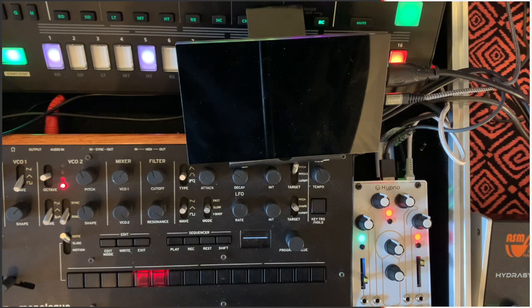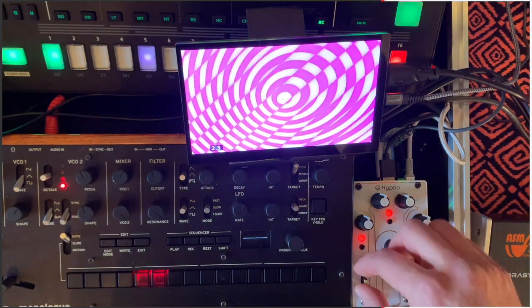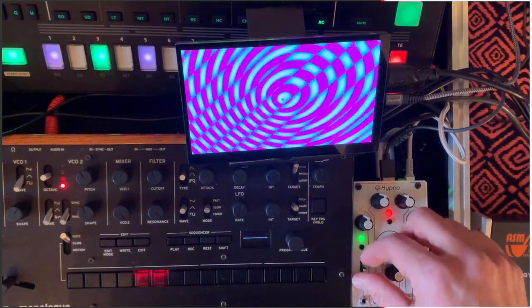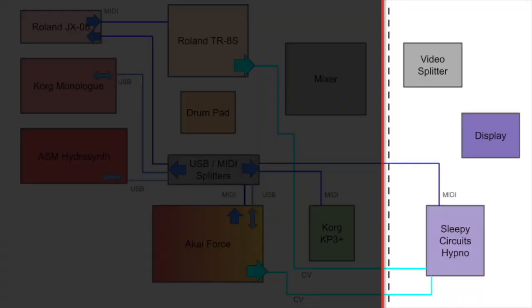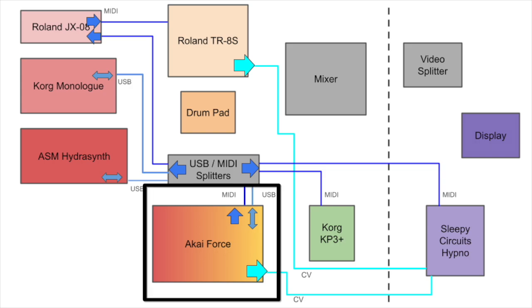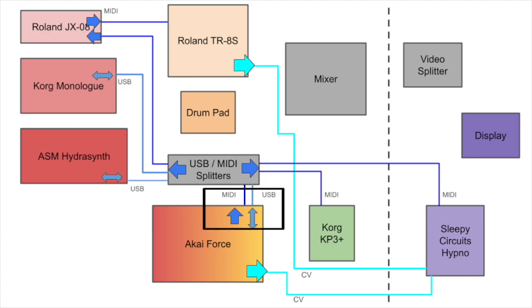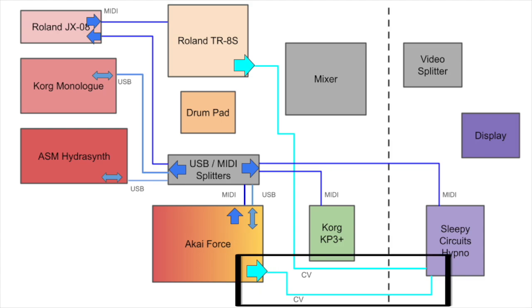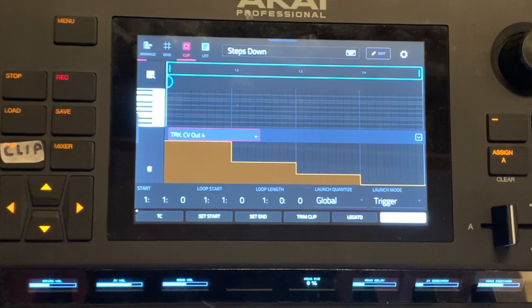Now, how I control the Hypno live is much more important than the video output, or at least it's the much more complicated one. Including every portion of my setup, you can see that the Akai Force is really the main brains of the operation, and it is sending out MIDI both in 5-pin and USB, as well as a CV signal. I have a single CV channel going from the Force into the Hypno that provides some LFOs, some kind of